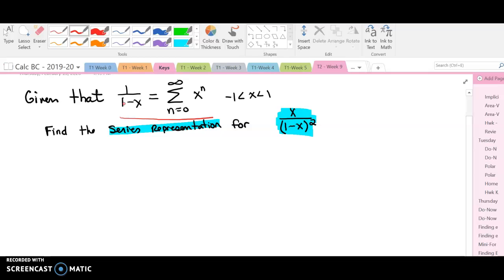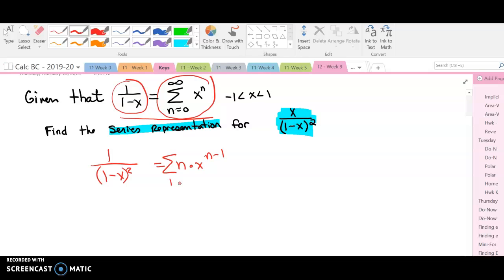And if you remember, if we take the derivative of this, we get 1 over 1 minus x squared. So that means that 1 over 1 minus x squared is equal to the derivative of what you see here. Well, we bring the n down, times x to the n minus 1, summation. For this to work, we know we're going to have to start at